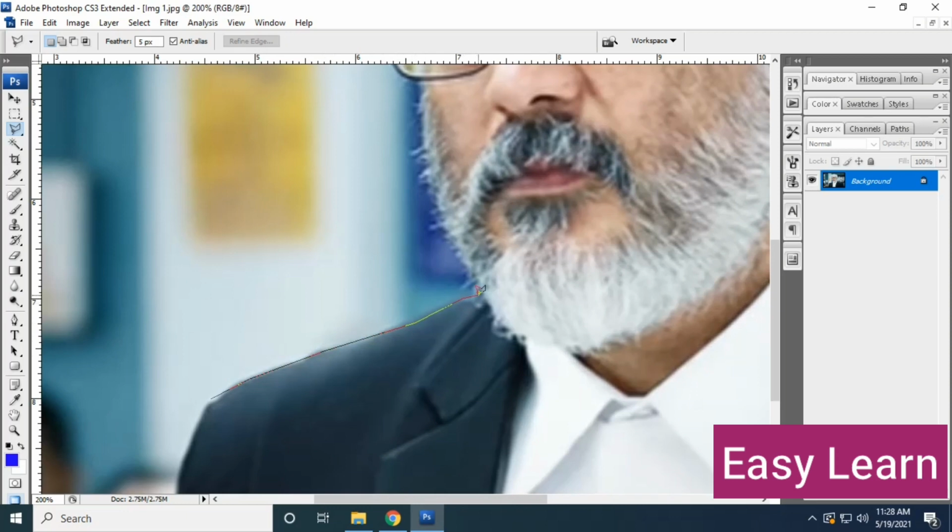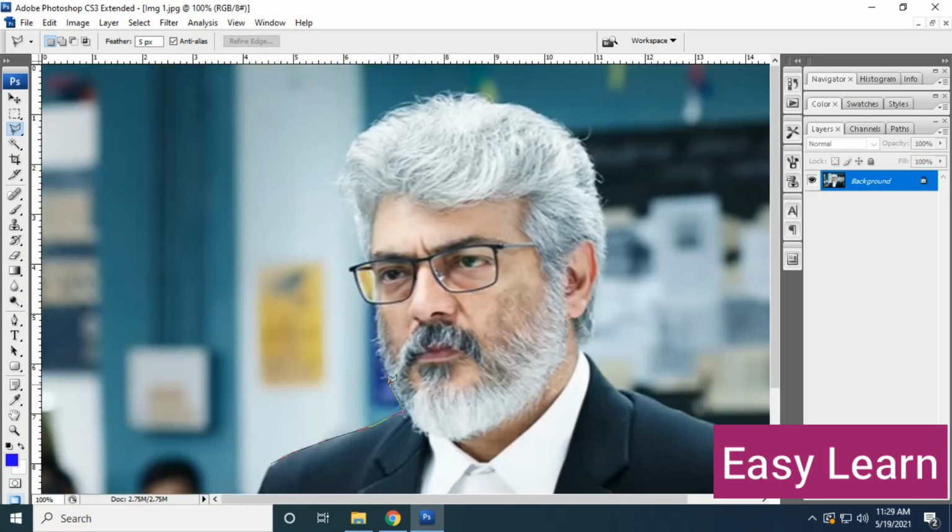Now I have started selecting the object. If you want, you can zoom in on the object. I'm just selecting. This also does not give the exact selection, but compared to the lasso tool, it gives a better selection. I'm just moving the cursor. It gives the edges in straighter lines.